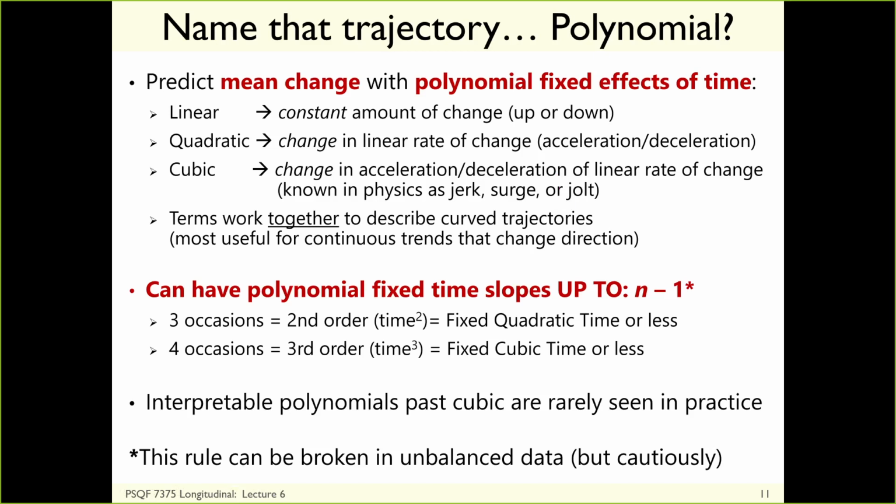So like if you're driving your car and you put your car on cruise control, right? Like that's like linear, like you're going along at the same speed, your car is maintaining that speed. But if you need to hurry up and pass a big truck, you put your foot on the accelerator, accelerate it, and it increases your speed so that you can pass. So adding time squared as a new predictor then allows for an acceleration or a deceleration of the change. It is a constant change in the